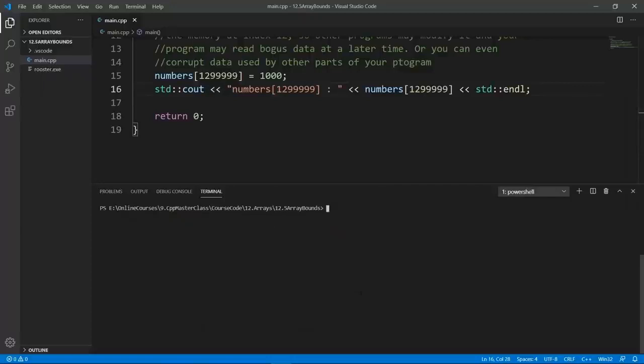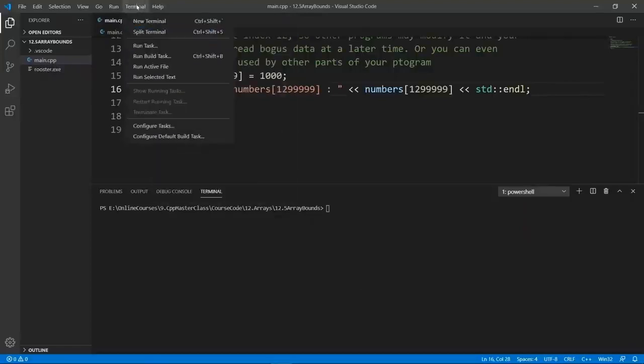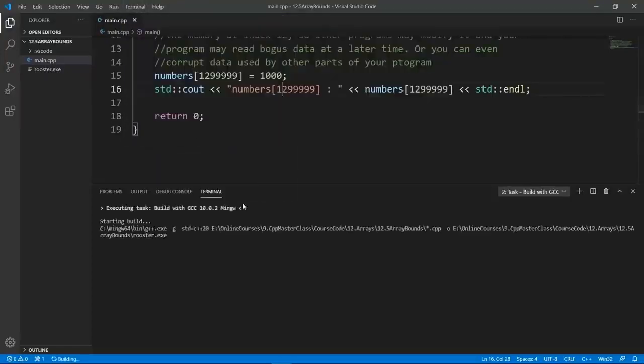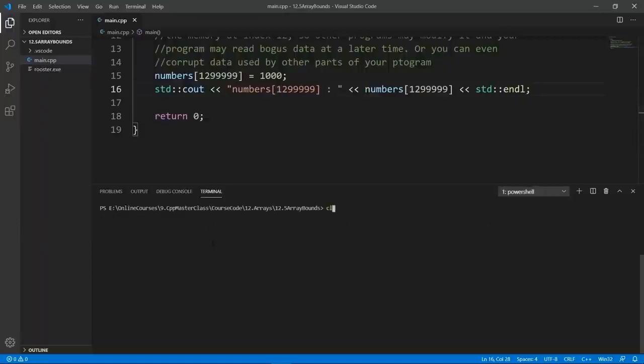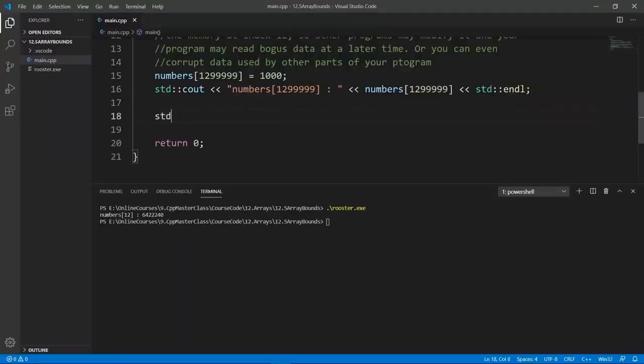So let's make sure we have built. Let's build with GCC, then clear and run. Our program is crashing because we are trying to access something that isn't really ours, and you see it has crashed. For example, if we have something printed out after this, let's say std::cout program ending, so that you can see it is really crashing, and std::endl. This statement here is not going to print because once we hit this location, we're going to try and modify this,